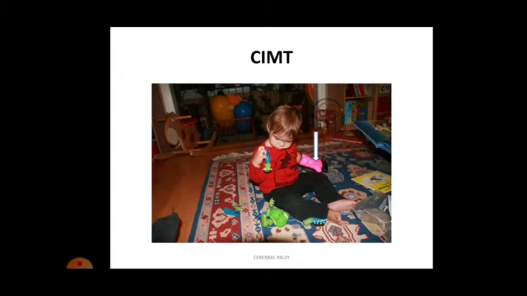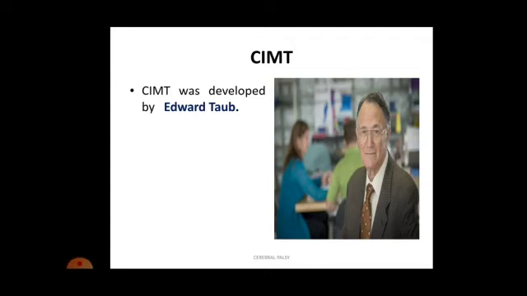Now the child wants to hold something or grasp any object, so the child will have to compulsorily use the right side. Definitely if the child is using the right side, it will be activated. In this example we have already seen that the left side has a mitt, immobilizer or sling. All three are synonyms. So the child is not able to hold things, so the child will hold with the right side. So the right side will be activated. Now, the CIMT approach was given by Edward Taub.